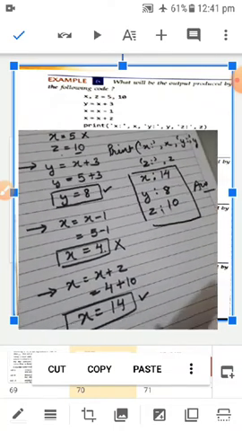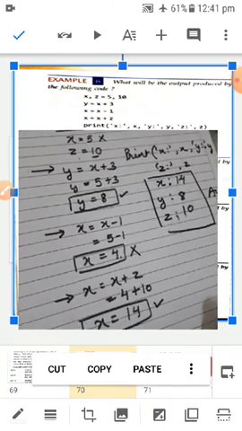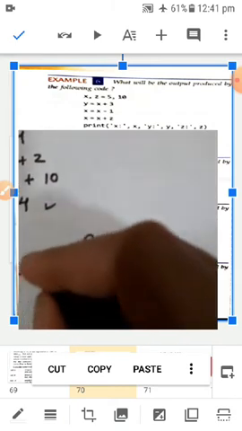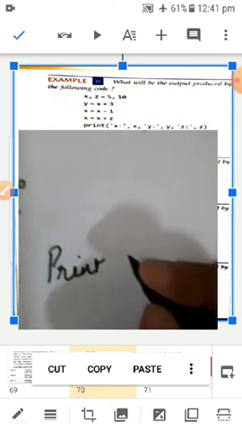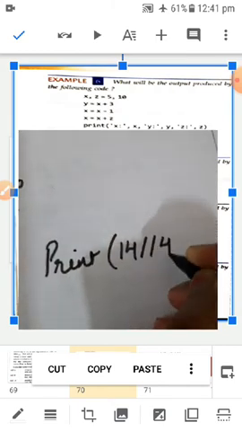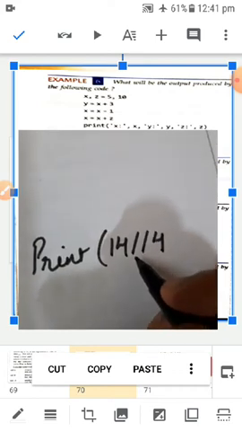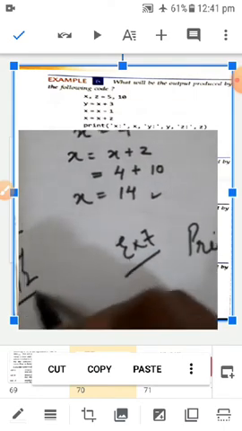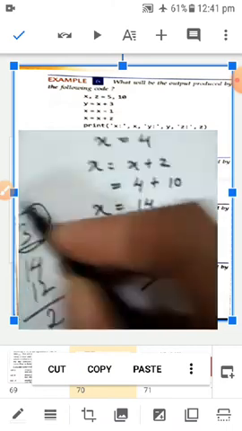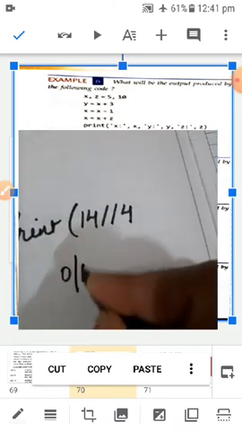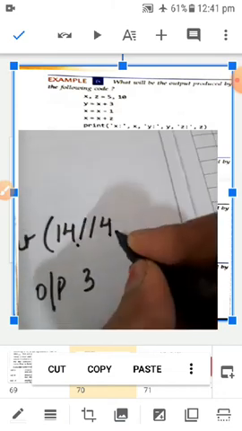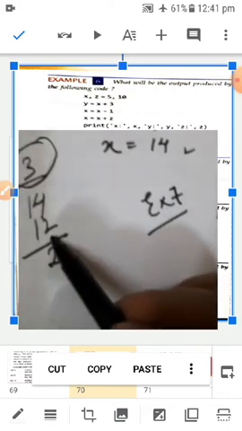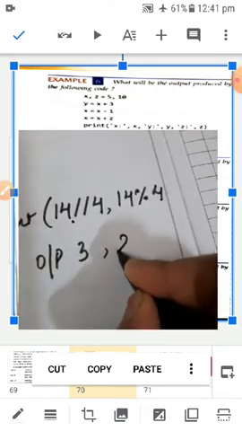Now with this you have one more example. Let's discuss that. See children, this is example 7. Print 14 floor division 4 means you have to deal with the quotient part only. Now 14 divided by 4, 4 3s are 12, you will get 2 remainder. So this 3 is going to print. So you will get output 3 for this statement. After that you have 14 mod 4, which means remainder. Now the remainder is 2 here. According to that you will get the answer 2.